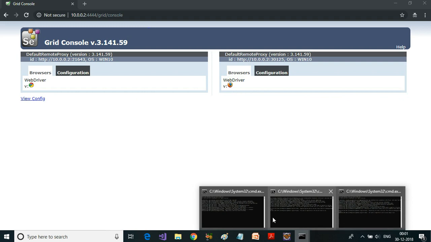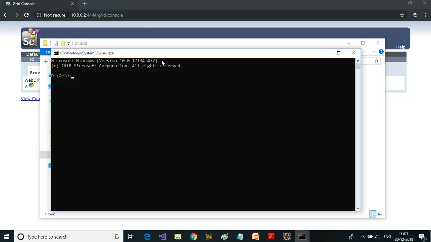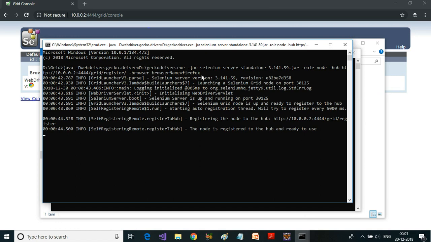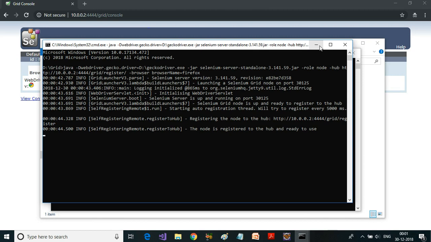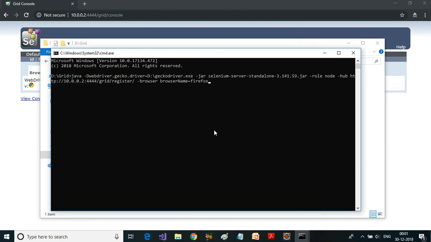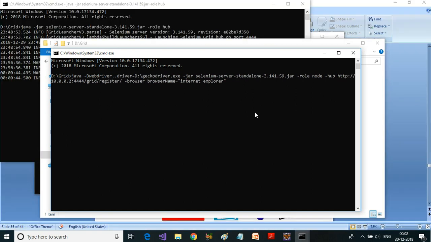The same way, we will also create another node. Your browser name will be Internet Explorer. For the IE driver, it will be webdriver.ie.driver.